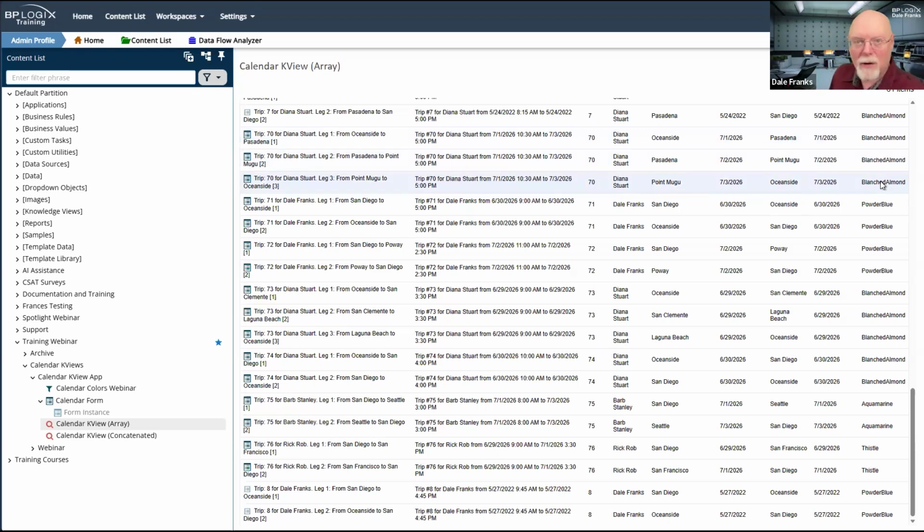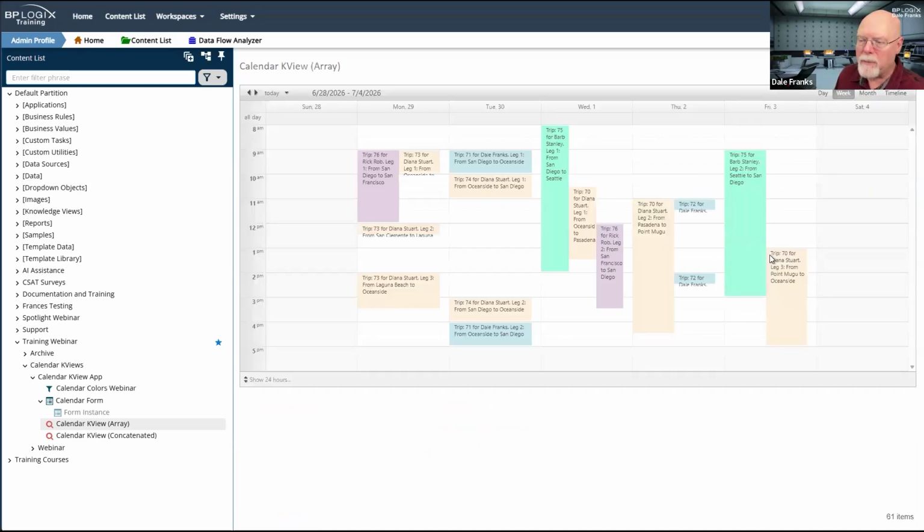Those are the same because they are non-array rows, but obviously my 3 array rows will show up with slightly different data, certainly for my arrival, departure, and destination fields. Also my departure location fields. Those will all be different. So now I have 1 row per array row, so that is 1 record, and each one of these rows constitutes a record that appears in my calendar.